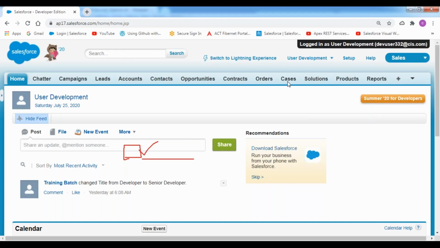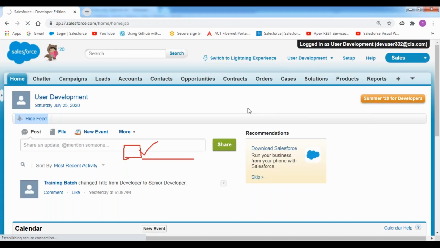Now, in this case, I have logged into the development user account. So now you are able to resolve the problem. You can come out from this. You can log out from this user account once we are done with that fix, that means once we're done with the resolution for that problem, you can come out from the